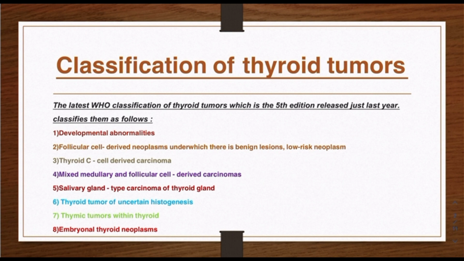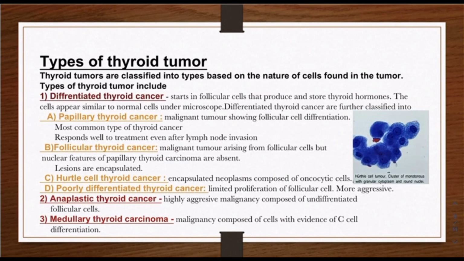It's divided into developmental abnormalities, follicular cell-derived neoplasms, thyroid C-cell-derived carcinoma, mixed medullary and follicular cell-derived carcinoma, salivary gland-type carcinoma, thyroid tumors of uncertain histogenesis, thymic tumors within the thyroid, and embryonal thyroid neoplasms. Types of thyroid tumor. Thyroid tumors are classified into types based on the nature of the cell found in the tumor. Types of thyroid tumor include: